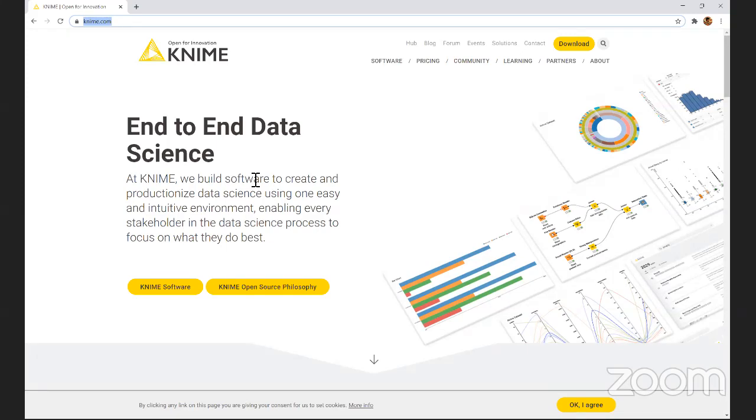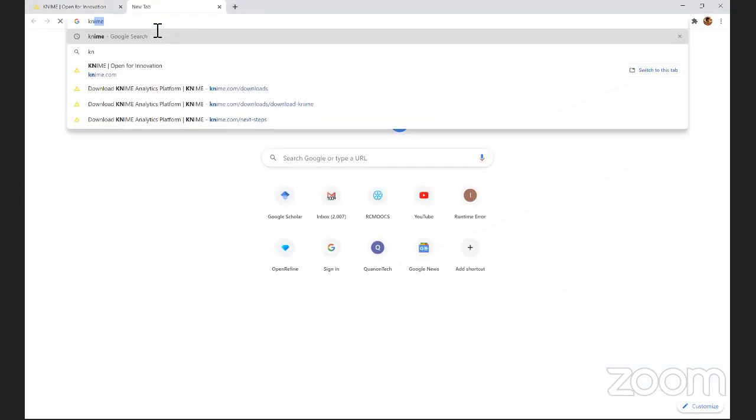KNIME is completely open source. A large number of communities contribute to KNIME, and it is updated regularly. So KNIME is just a visual analytics software which is open source and which can do almost each and every thing that we can do in SPSS or in R. To use KNIME, what you will have to do is just open Google,